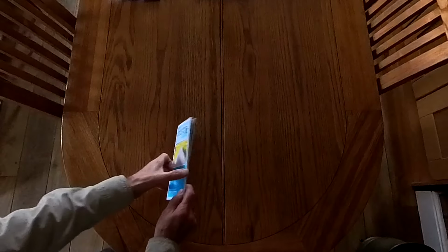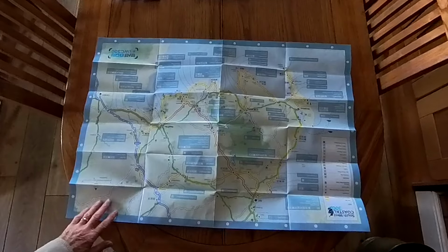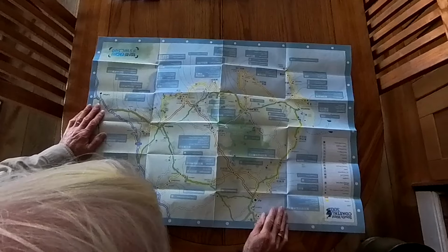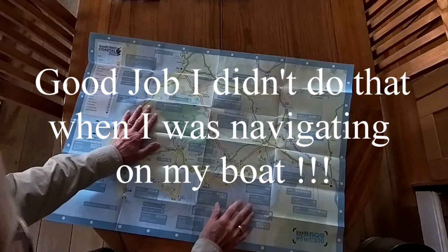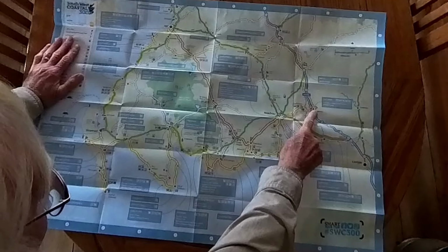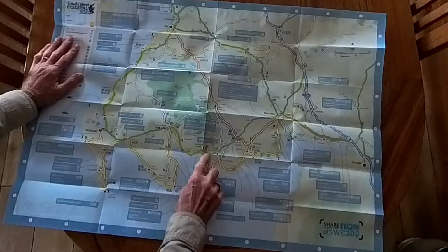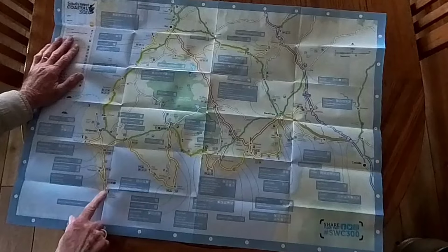Well, here's our route map for the 300. Let's open it up and see where it is we're headed. Now there it is overall, and we're starting off in Lockerbie. Oh, it might be better if I looked at it the right way up. That helps a lot, doesn't it? So we're going to be starting off in Lockerbie here, and we're going to be following as far as possible the yellow route all around here, down, and then down all the way down to this point